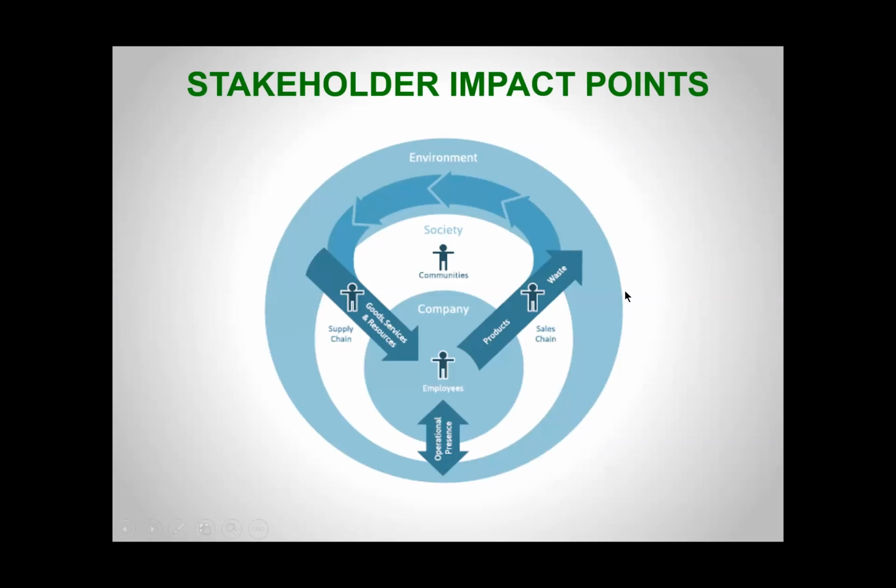This is another version of the nested interdependencies that we looked at before, with the environment on the outside, society, and the company or a business. Big arrows show the flows out of the environment into the company, either directly or indirectly through suppliers. The company does something with those materials and services and produces waste, impacting the environment, sometimes society as well, and vice versa.